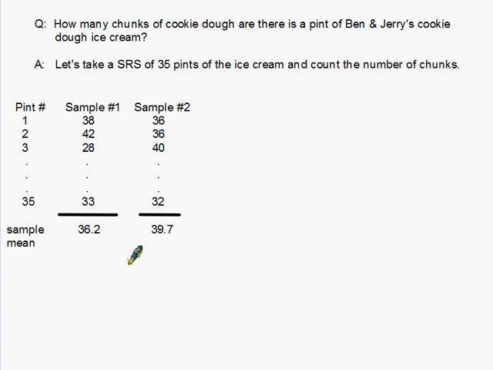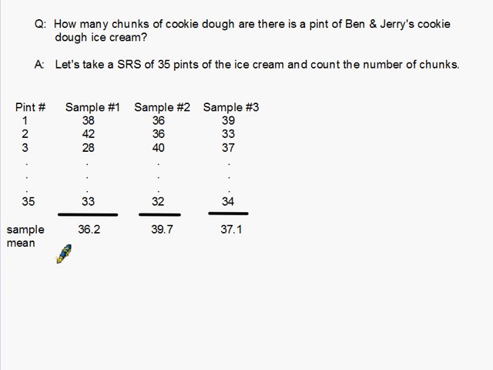So now, of course, this throws us into a bit of a quandary. We're still trying to answer this question. How many chunks of cookie dough? Is it either of these? Well, what happens if we take a third sample? Well, of course, we would get different results, slightly different mean. We're generating all of these means. Let's graph them. When we start getting confused, we're not quite sure where this data is heading, let's try and